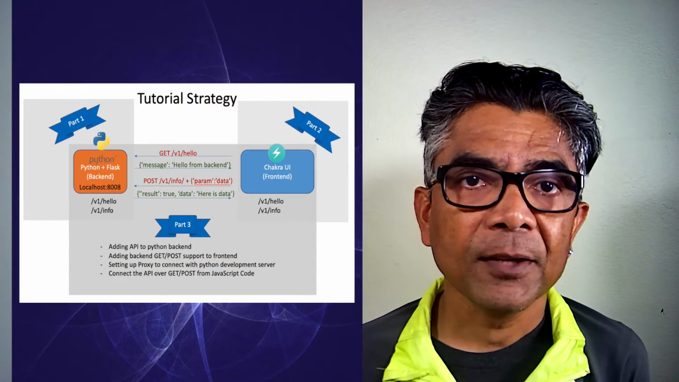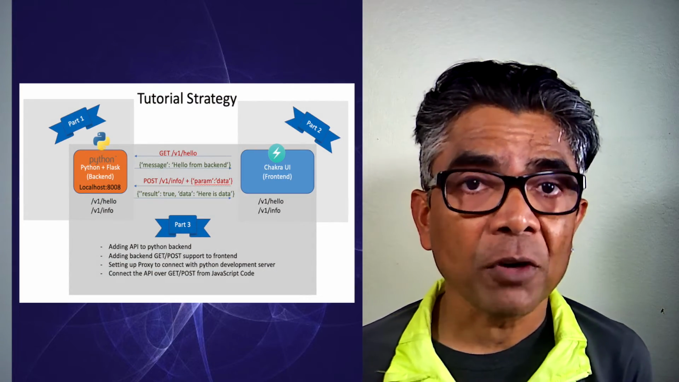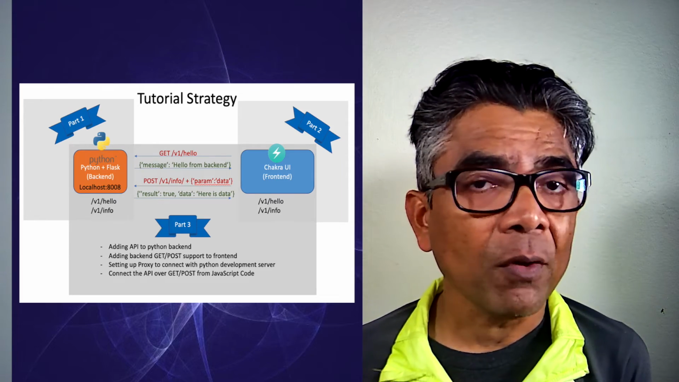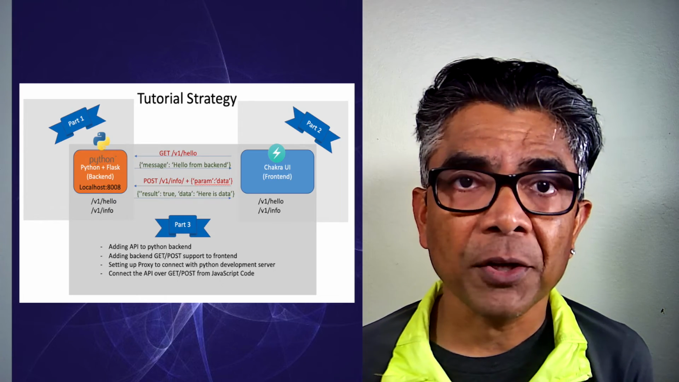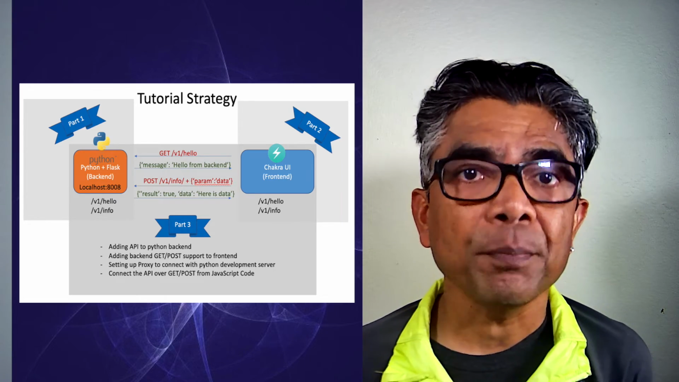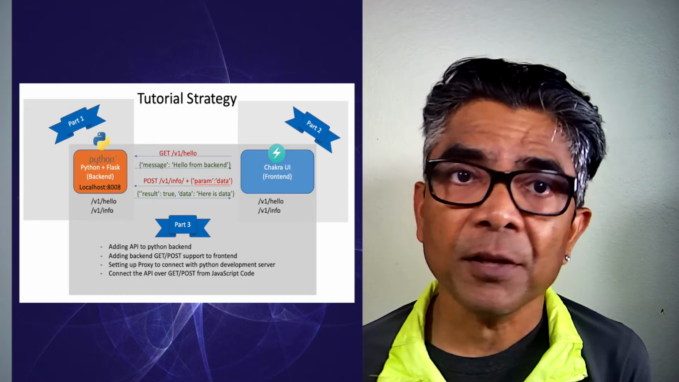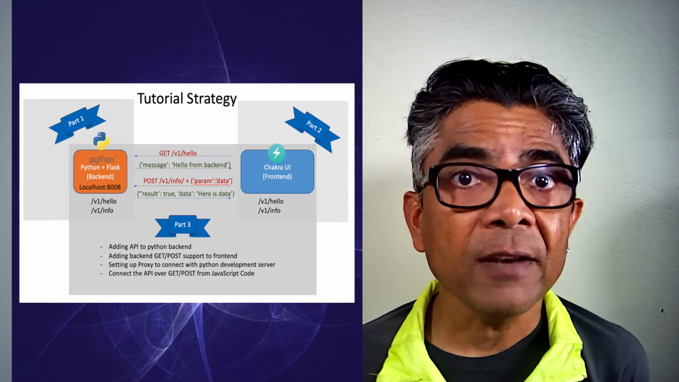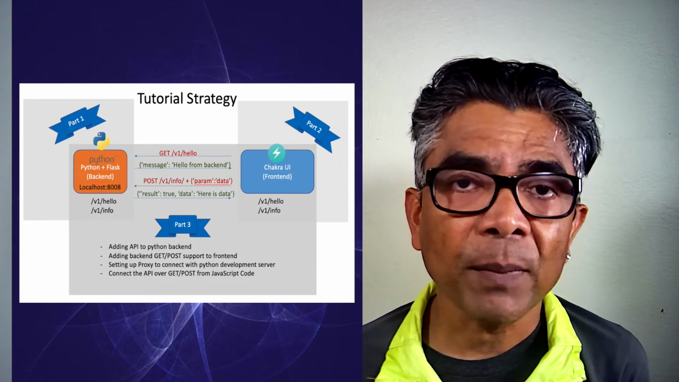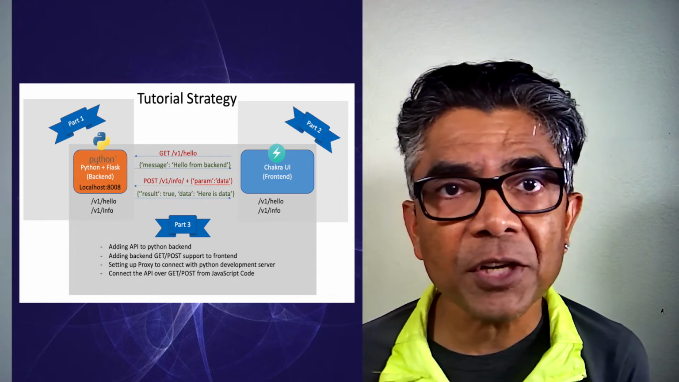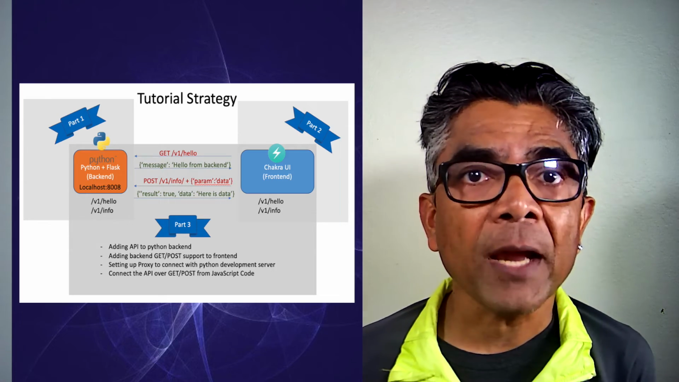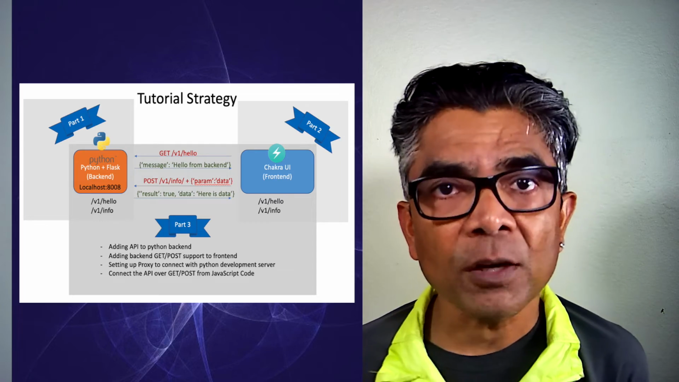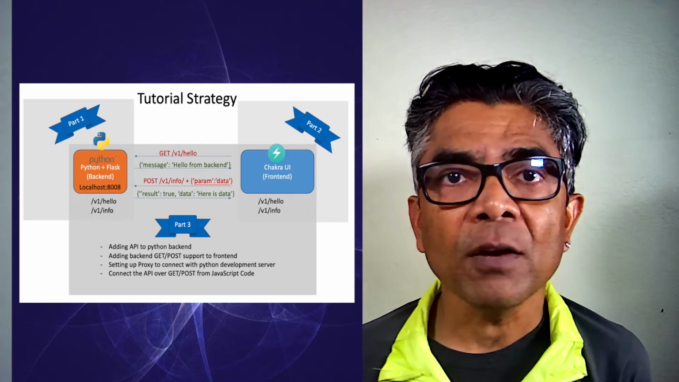Welcome back to part 3 of our Chakra UI and Python backend based tutorial. We have already covered Chakra UI in part 2 and the Python Flask based backend in part 1. In this part 3, we are going to add the APIs in the Python backend with GET and POST implementation, and then we are going to add support for backend access over the GET and POST RESTful interface in our Chakra UI